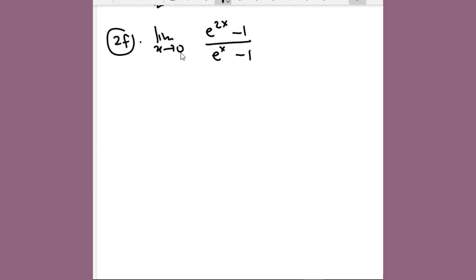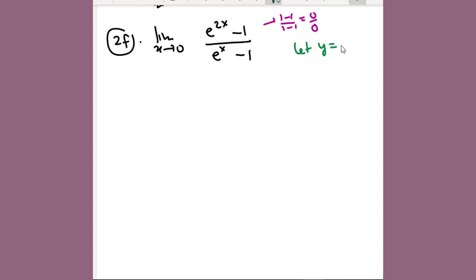For 2f, substitute e power 0 is equal to 1 minus 1. e power 0 is 1, minus 1. So 0 over 0, indeterminate form. And check, oh, this one is poly, okay. But if you let